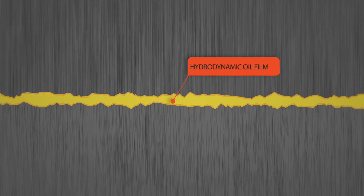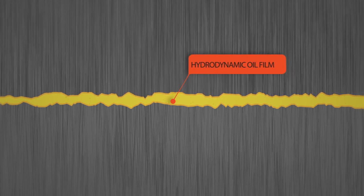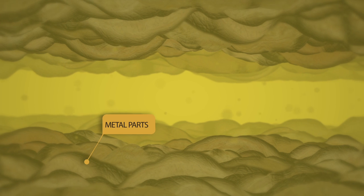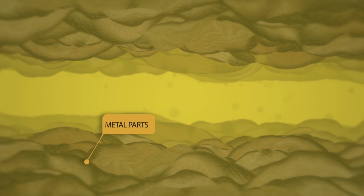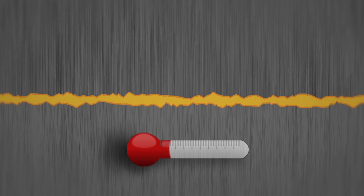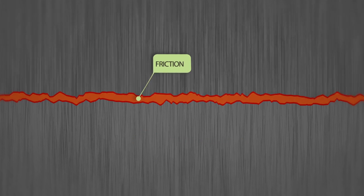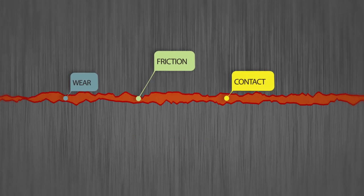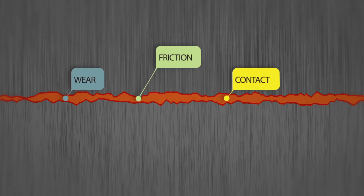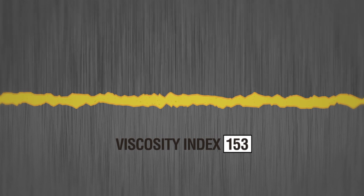Inside your engine are moving metal parts. The job of the oil is to keep those parts separated. When you look at those parts under a microscope, you'll see they're actually not smooth. They're a series of peaks and valleys. The oil's job is to create the barrier film that separates those peaks and valleys. As temperature increases, that barrier film can decrease, leading to friction and contact and wear. All bad things. You need a higher viscosity index oil to keep these components separated under high heat and high